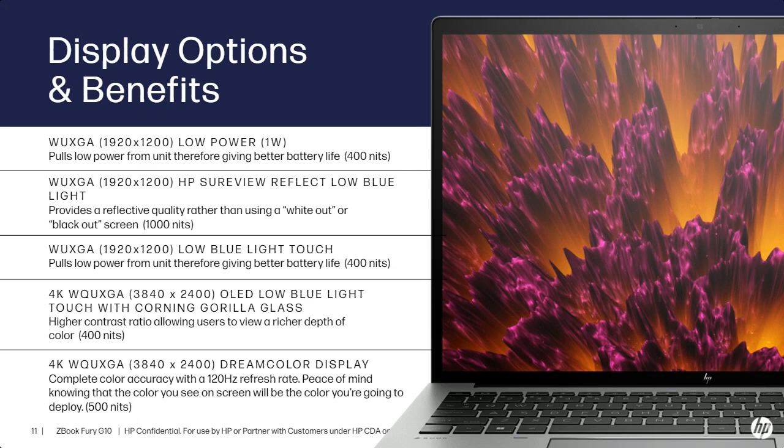We've got our HP SureView, which is an integrated privacy display that you can also put into these products. So if you're on the road, because it's mobile, right? And you're working somewhere and you just don't want people seeing, this privacy display that you can integrate into it will keep people from being able to see, basically from the sides, what you've got on your display. So that's integrated as HP SureView. It's kind of a security type thing, right? For that visual hacking. But we've also got touch options, we've got OLED, and then of course we've got